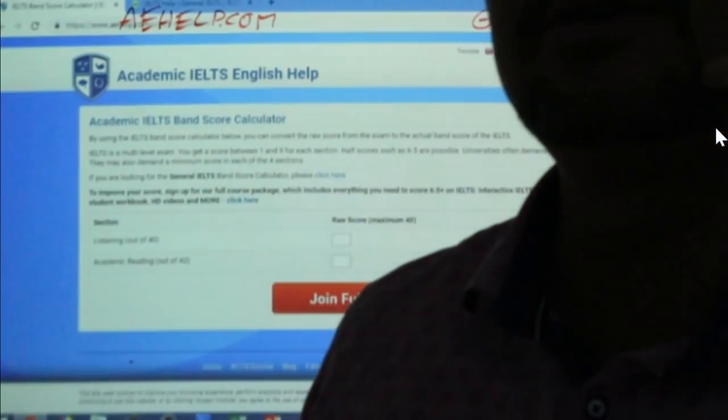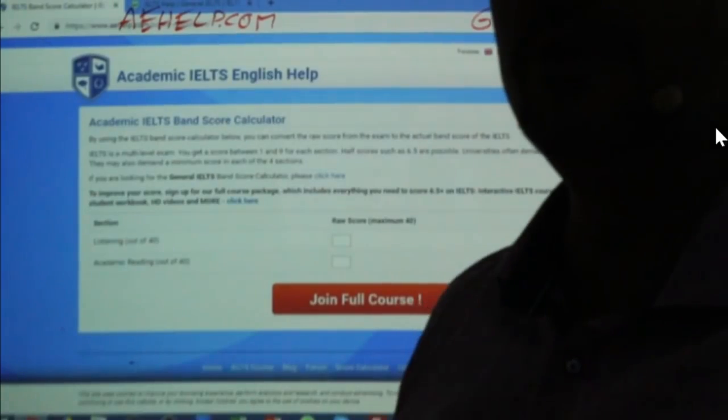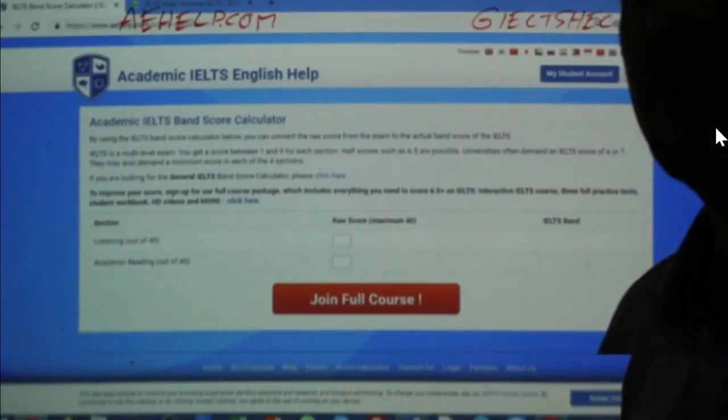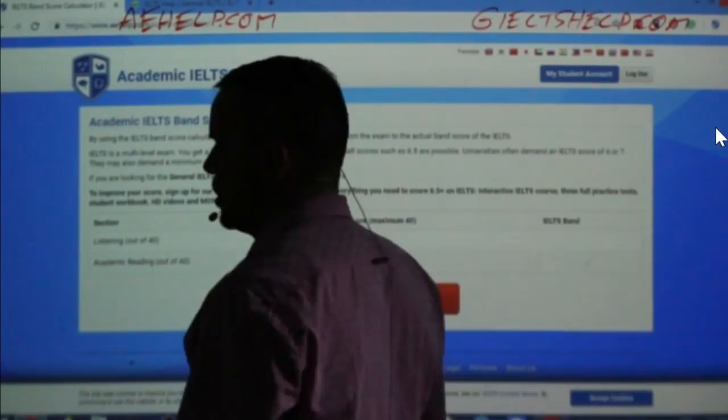So there is a score calculator. I just clicked on it. Let me darken up the camera for us here so you can see this clearer, okay? I'm going to be a little bit of a silhouette for a moment so you can see the bright background. All right, so here's a score calculator.